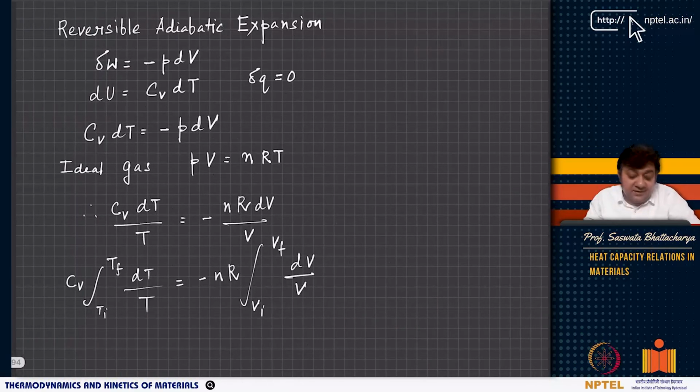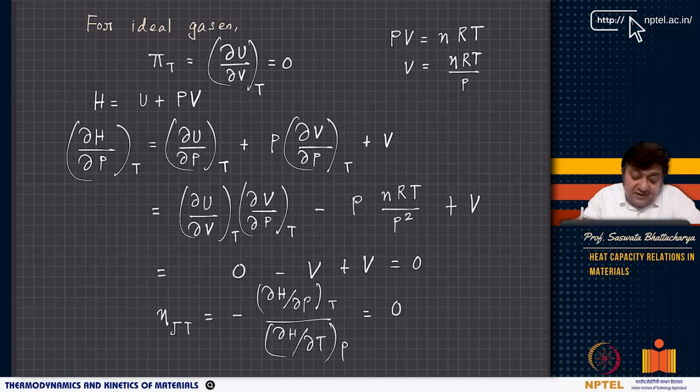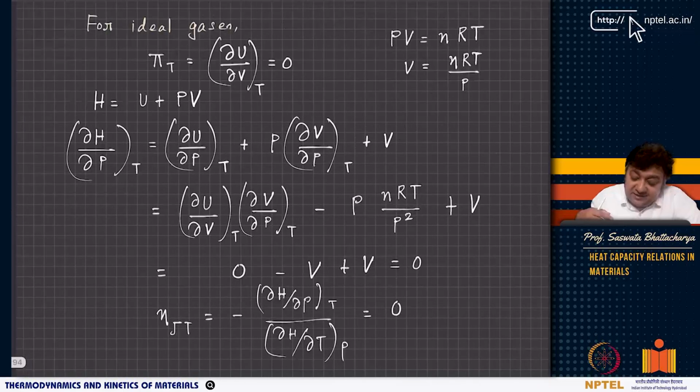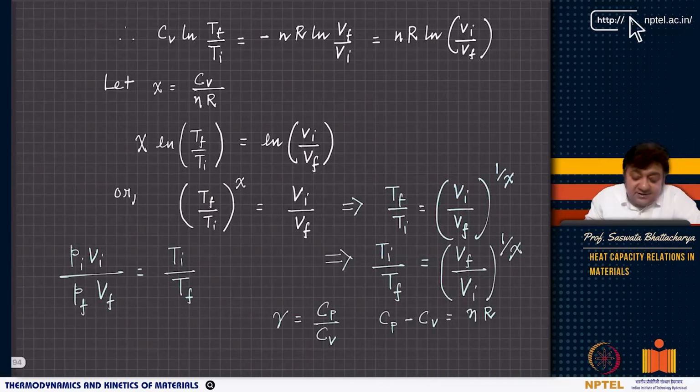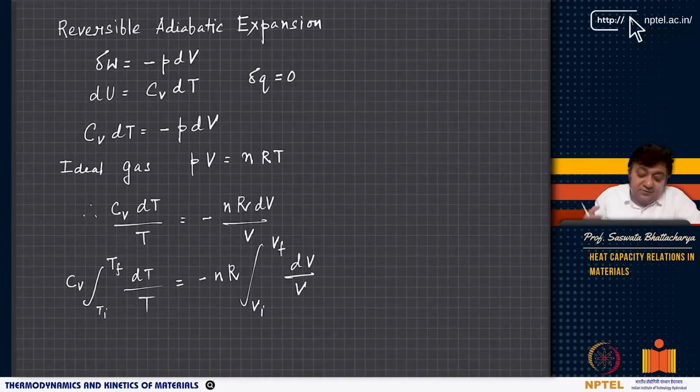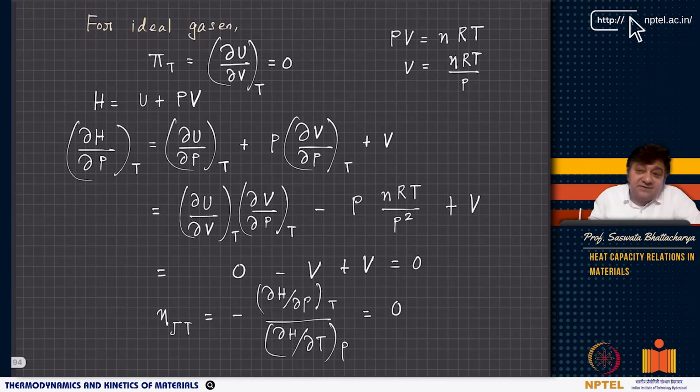Right? So from next class onwards, I will start with the reversible. I will just tell one or two more important points of reversible adiabatic expansion. Then I will start with the second law. We look at the reversible adiabatic expansion because we know Cp minus Cv, but what about Cp by Cv, and why does it become useful. So we will look at reversible adiabatic expansion in the next class. But remember, this Joule-Thomson expansion coefficient eta JT for ideal gases is 0.